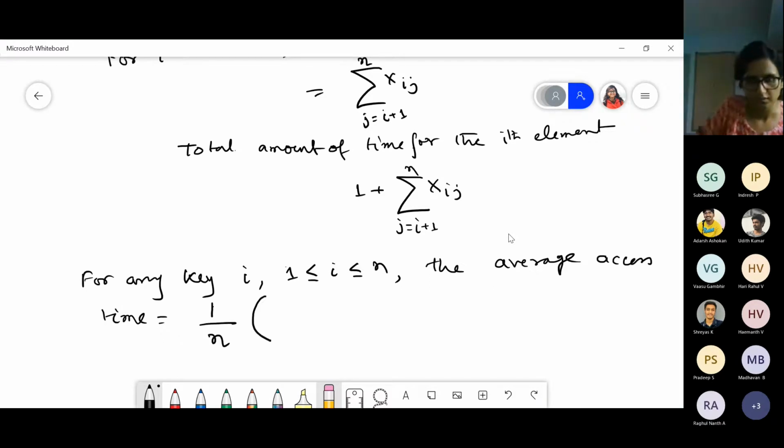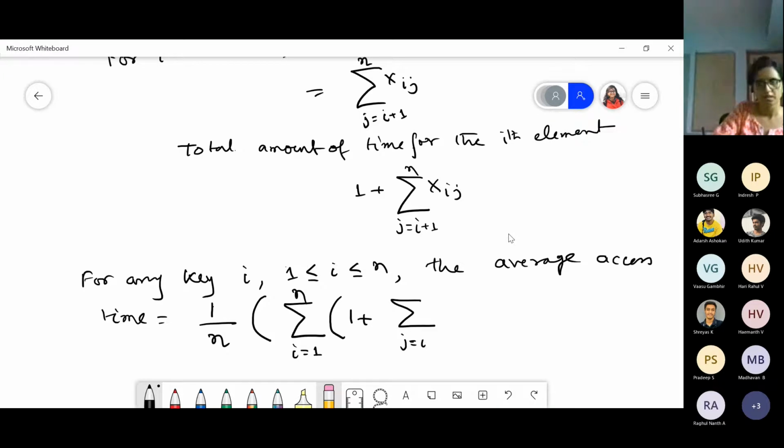So I have to take a sum over i equals 1 to n, and inside it will be 1 plus the sum over j equals i plus 1 to n of xij. Now check if it seems logical to you.